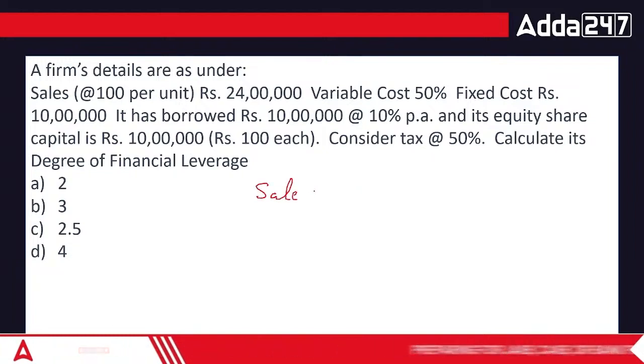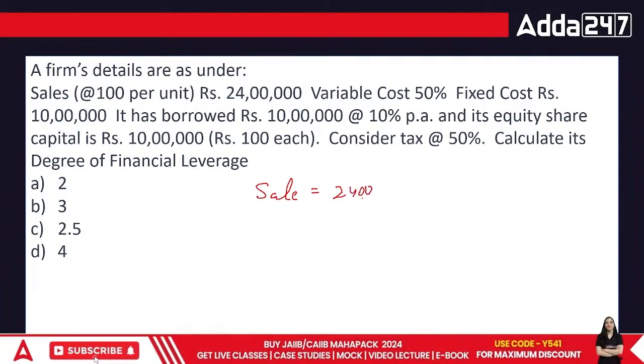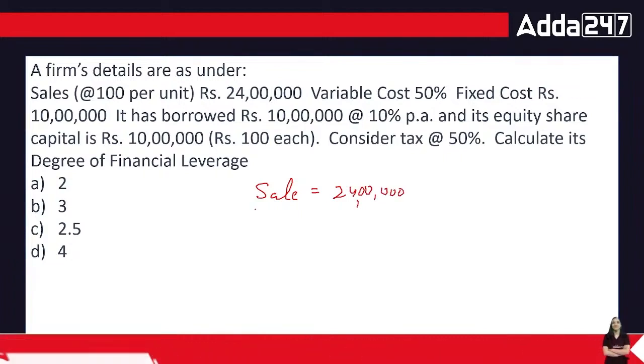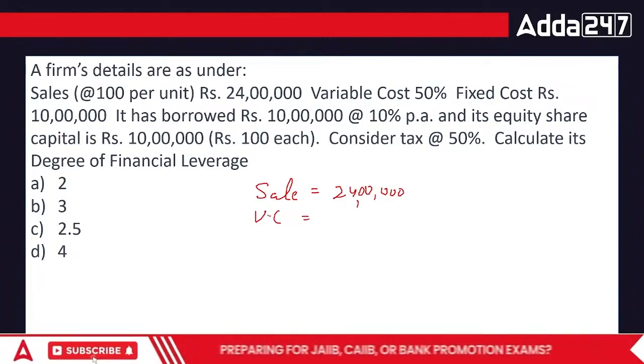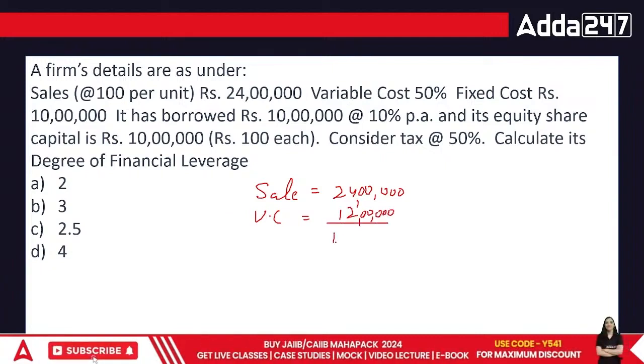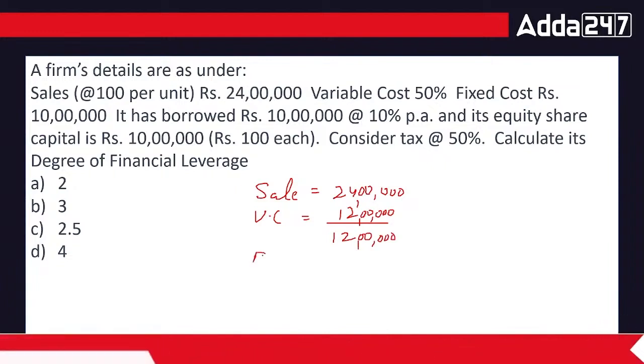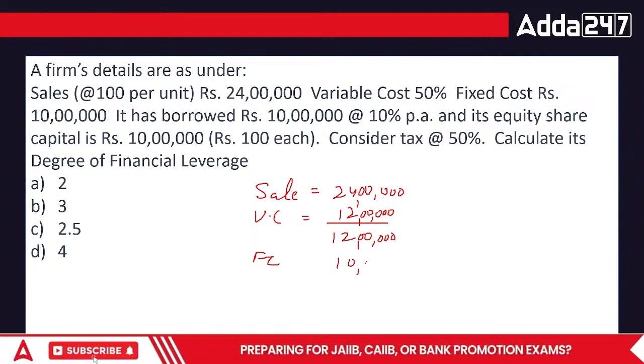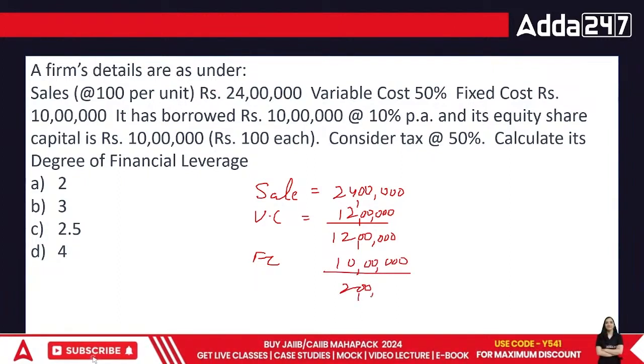First of all, your selling price is 24 lakhs. Your variable cost is 50%. That means it is 12 lakh, leaving you with 12 lakh. Then we have a fixed cost of rupees 10 lakh. We are left with 2 lakh rupees. This is your earnings